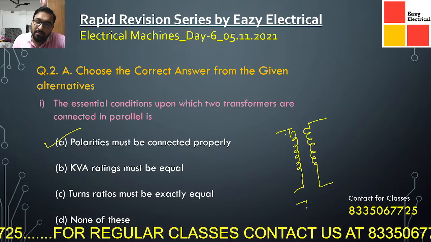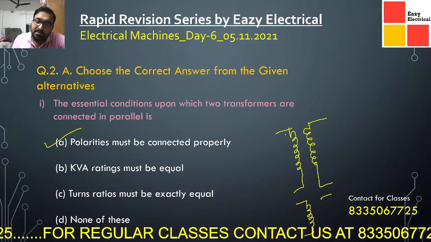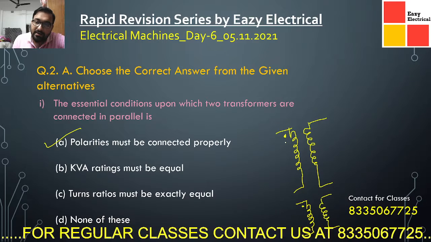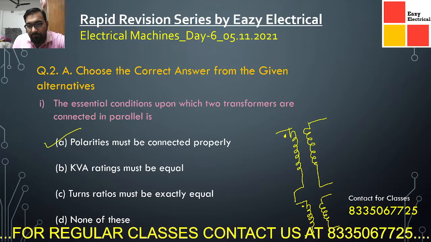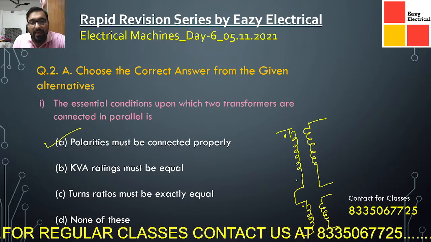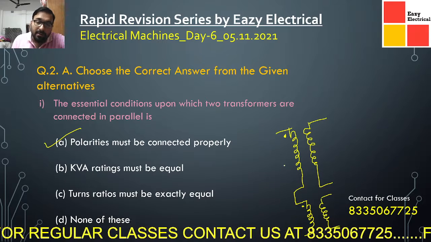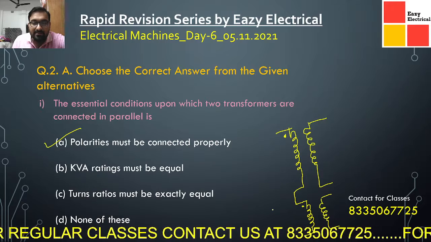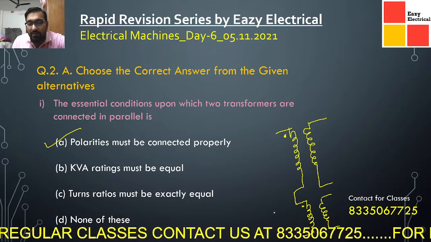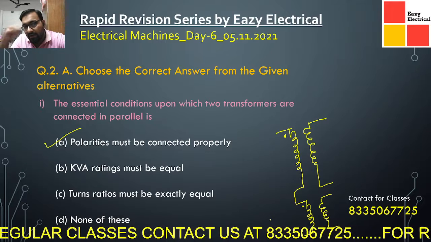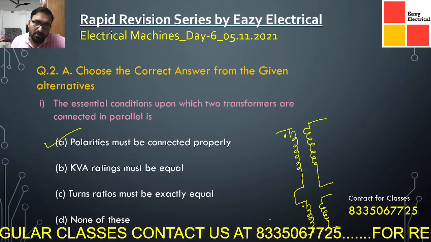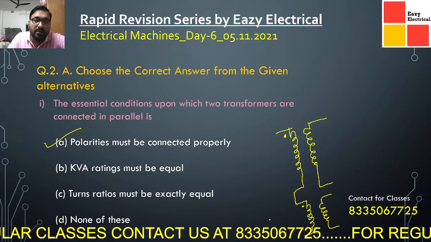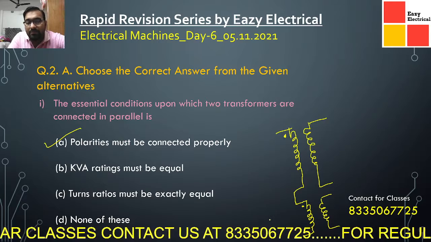Suppose this is one transformer and this is another transformer. Suppose we are connecting two dots in this way. If we connect these two, then it will add itself. But if we connect in the opposite direction, suppose this point is connected to this one and this connection I have taken outside, in that case there will be a circulating current in the primary itself, which is not required, which we do not intend to have. So that is the main reason why we need polarity as the most important function.